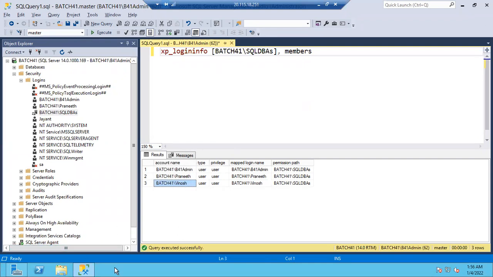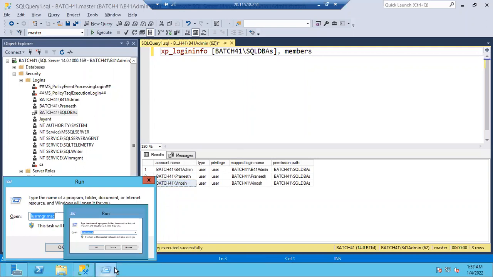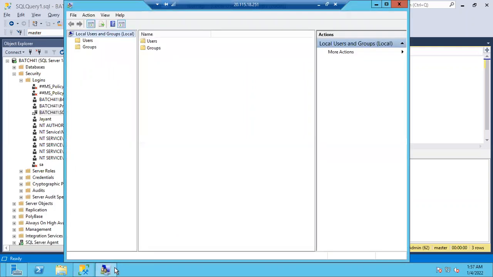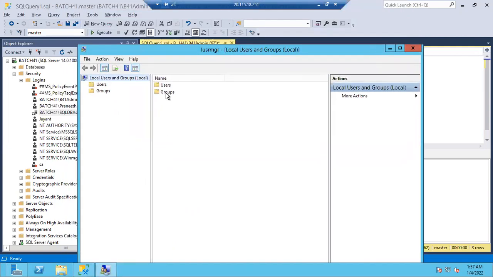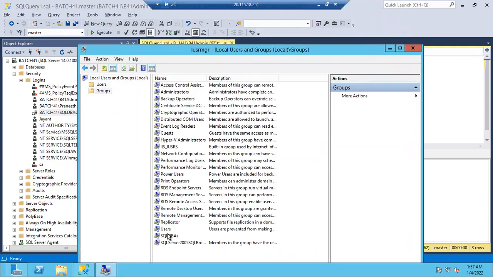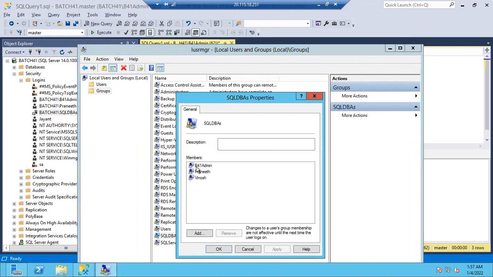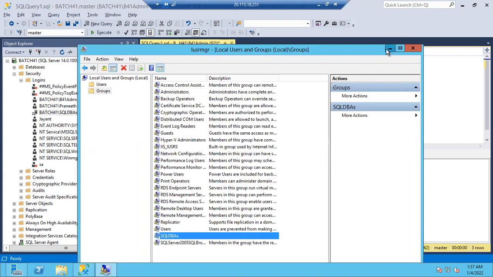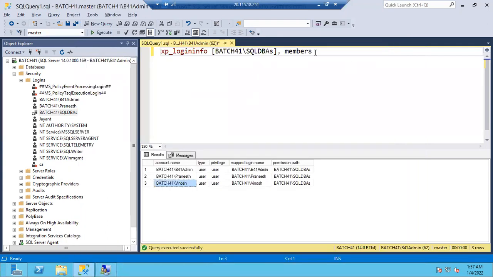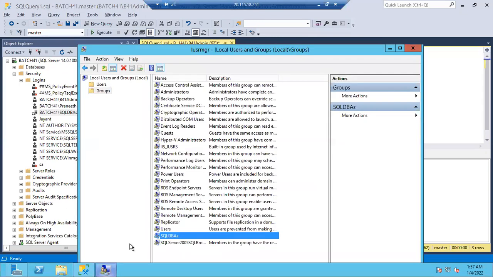See, we cannot see it under lusrmgr.msc. Tell me why we cannot see under lusrmgr.msc. See, the group is created there. Here, if you double click on it, you can see all the persons, right? But we don't prefer this one. We only prefer this command. Can anyone tell me what is the reason? We always prefer this command only. We don't prefer this window. Why? Can anyone tell me?